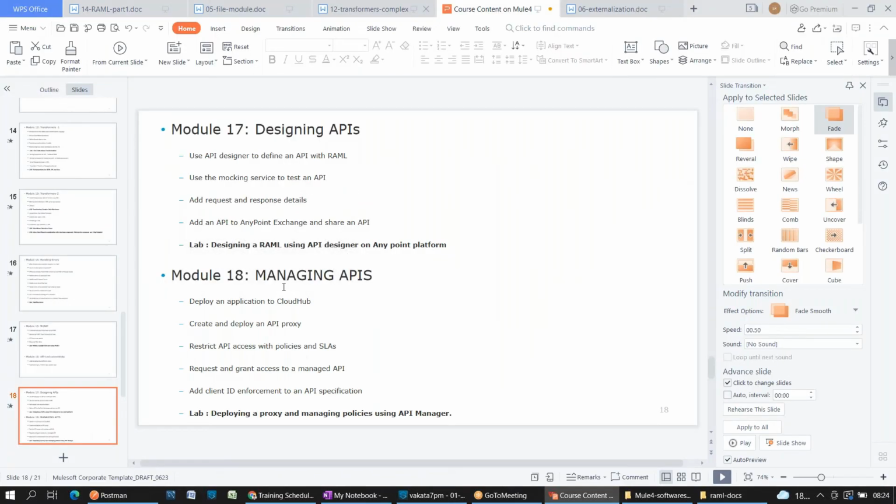So I've given huge documentation, please follow that. Once you complete designing the RAML, you will be in a position to understand existing RAML. At the same time, you will be in a position to write your own RAML files also. That is called designing an API. So your Mule application is going to be designed as a REST API with the help of a RAML.